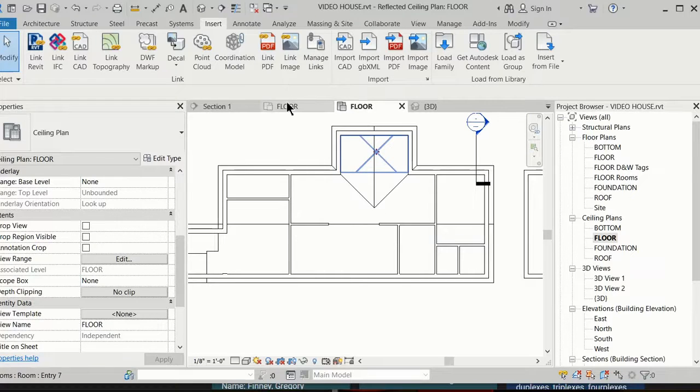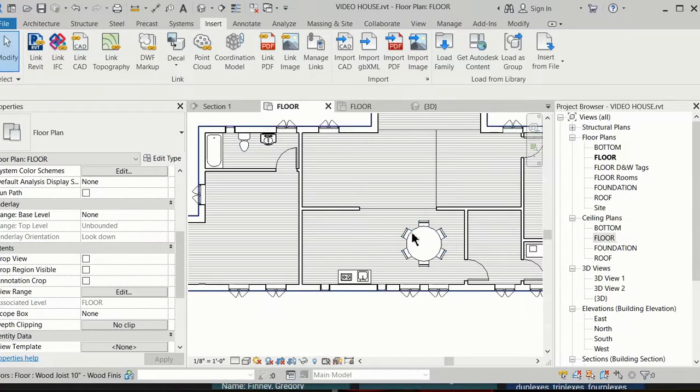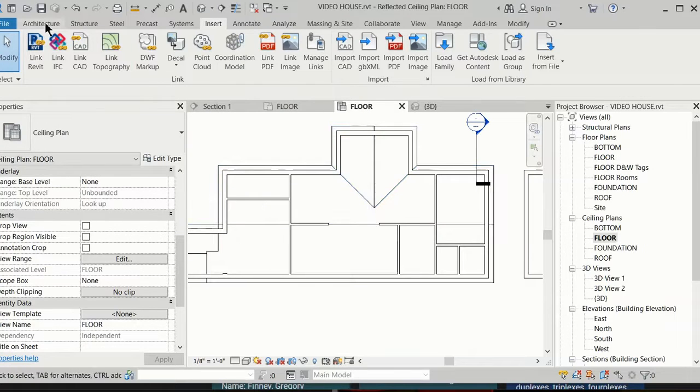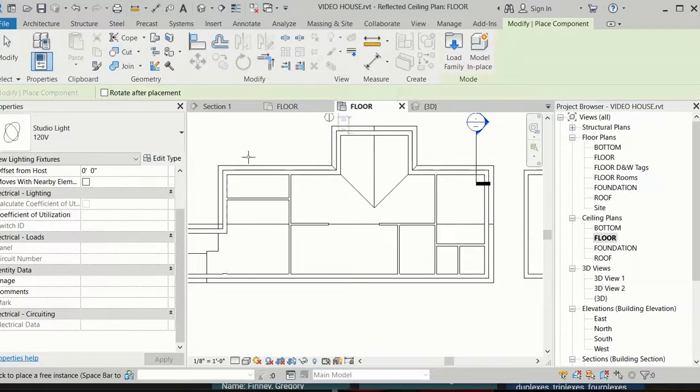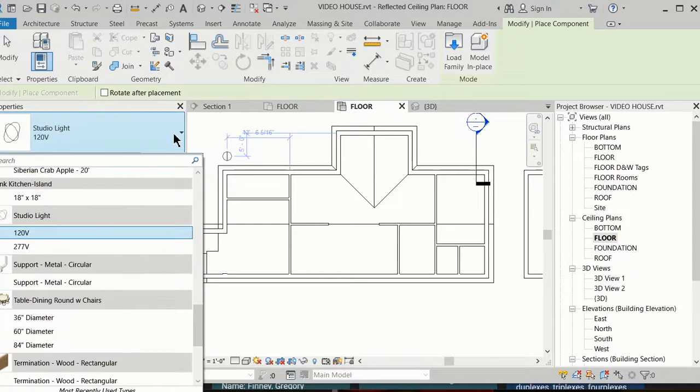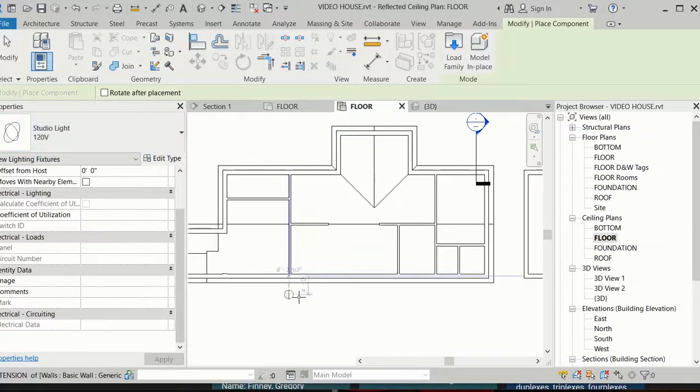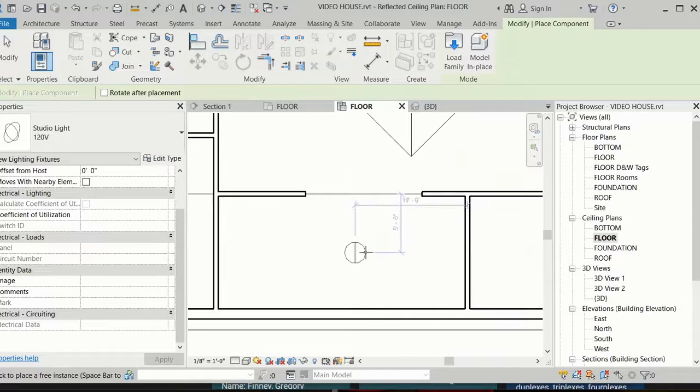Let's show you the floor plan. What I want to do is get a picture of this dining area. That's what I want. So let's go back to the ceiling plan for the floor. All right, now I'm going to go to architecture, then component, and choose the studio light. I think there's a couple of versions. Just use the 120, that will be fine. The area of interest is right in here, so I'm going to zoom in